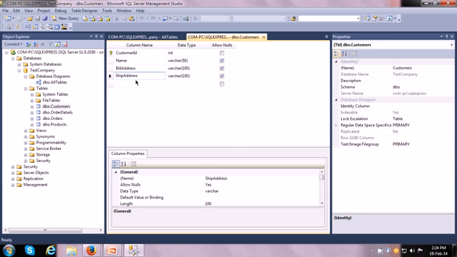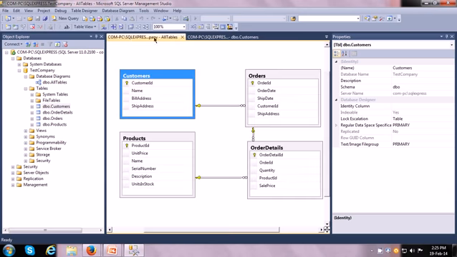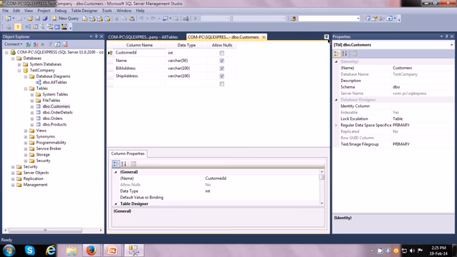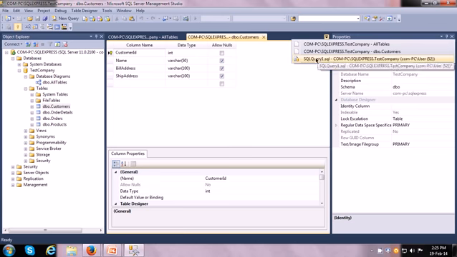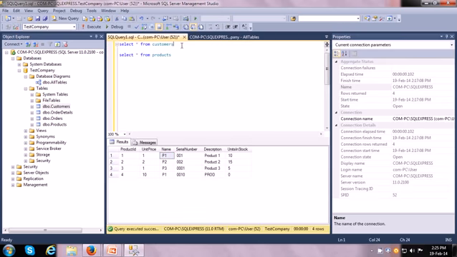Then we can test the keys. So here we can see that customer ID is the primary key of the table, meaning that the customer ID is going to be unique in each and every row in the customers table. So we can go back to the customers table and see whether the primary key is actually unique.